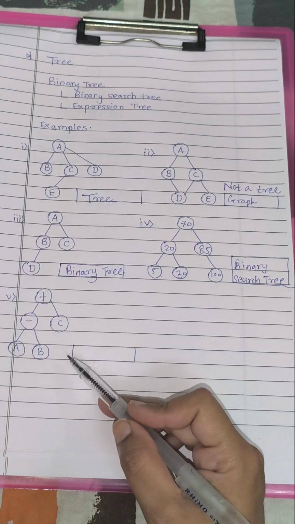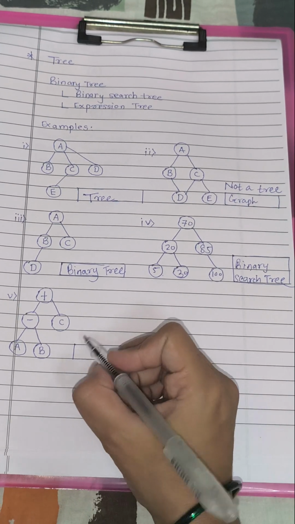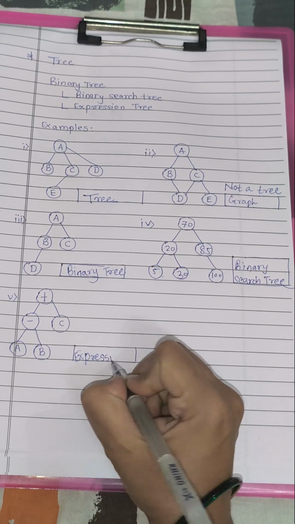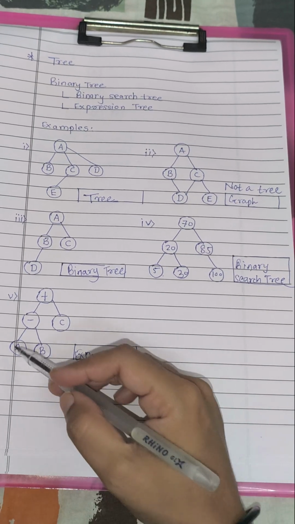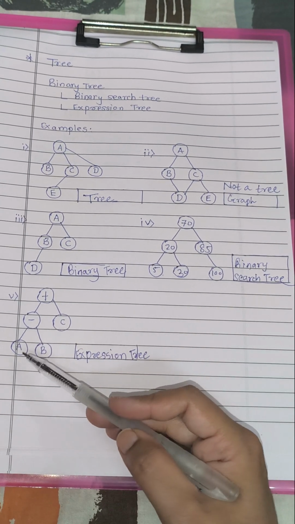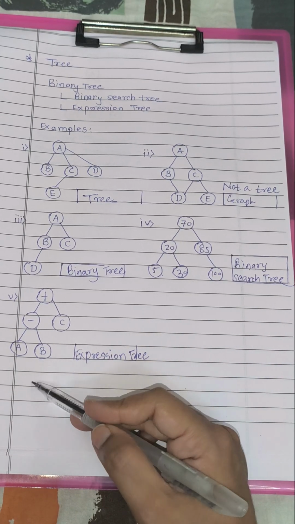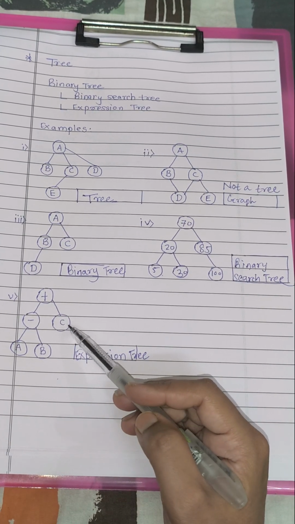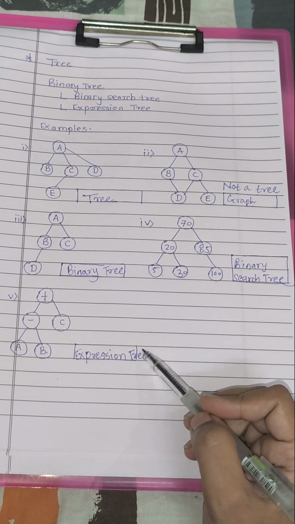Now, moving on to the last one, which is again a very clear example and easy to guess, and is the remaining type of tree structure called an expression tree. Why is it called an expression tree? Because it represents a mathematical expression. It has operators and operands. All the operands will be the leaf nodes, meaning the last level nodes which do not have any child further. And operators will always be in between the levels. They will never be a leaf node. This is how the expression tree is formed.